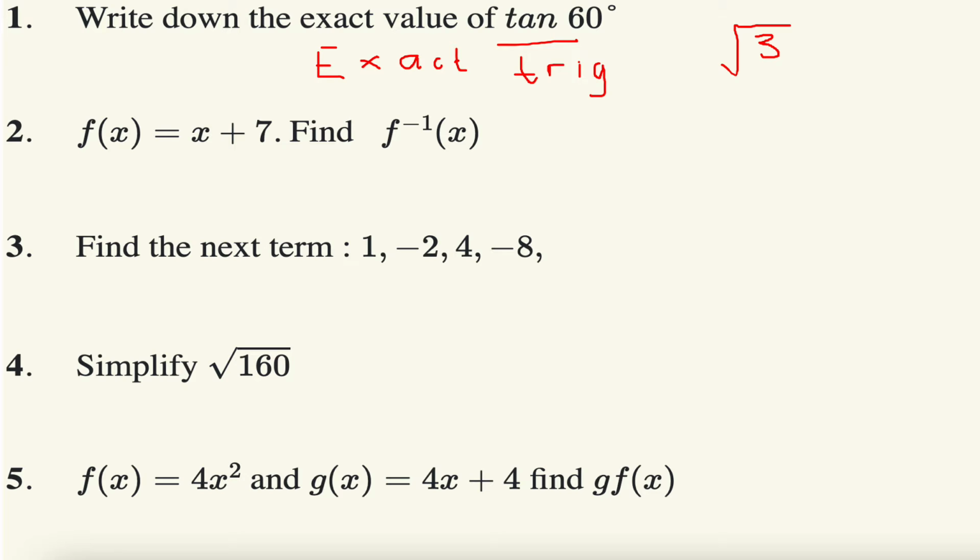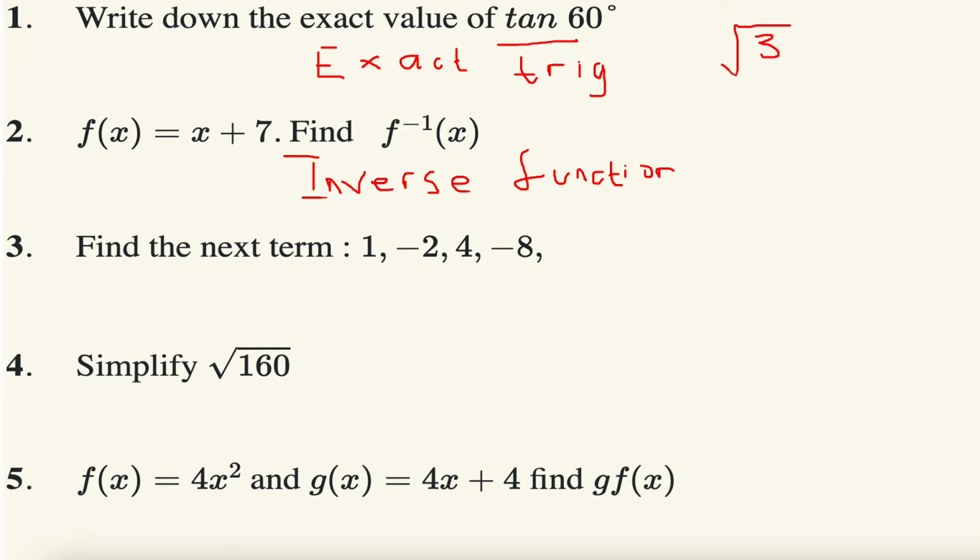Okay, this is question number 2. f of x equals x plus 7. Find the inverse function of x, so f minus 1 of x. So this is what I call inverse function. Now there's multiple ways of explaining this. We've got a function, x plus 7. The opposite of adding 7 to a function is taking it away. So one way of recognizing